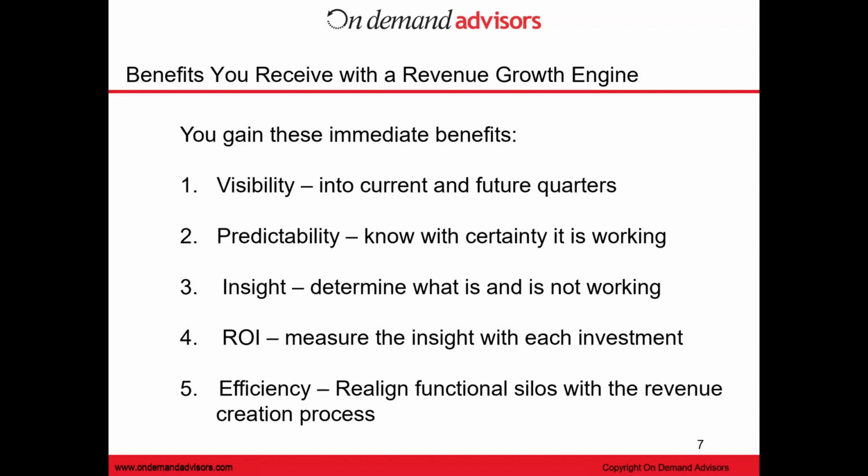One is visibility. I have to admit, as a public CEO, when I would go to the board meetings, I always got the same 2 questions. Question 1 is, how do we do this quarter? And we did phenomenal. The question 2 would be, how does next quarter look? So when we talk about putting in this engine, it's about creating the type of visibility that you're going to need for the next couple of quarters so you truly understand what's next. How do you get that visibility so you have confidence and you understand exactly what's going to happen next quarter and the following quarter. It's predictability, it's insight.